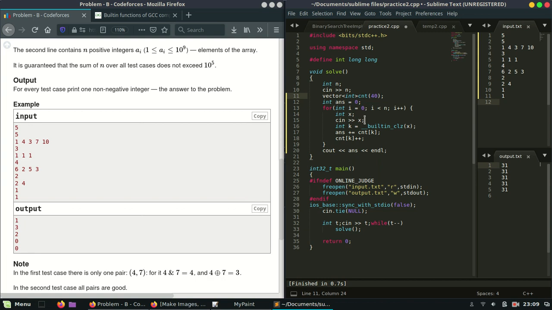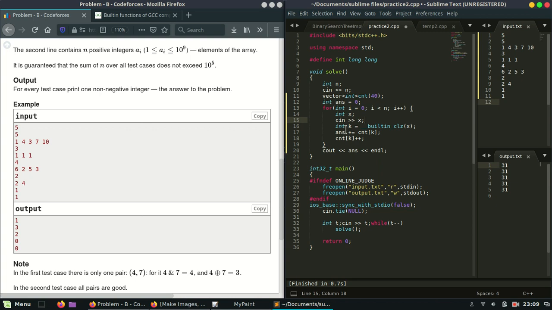Each time we will input an integer x and compute k, which is the built-in CLZ function, returning how many leading zeros x has.